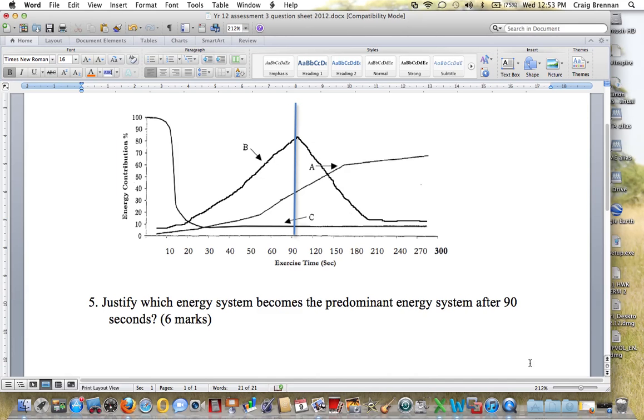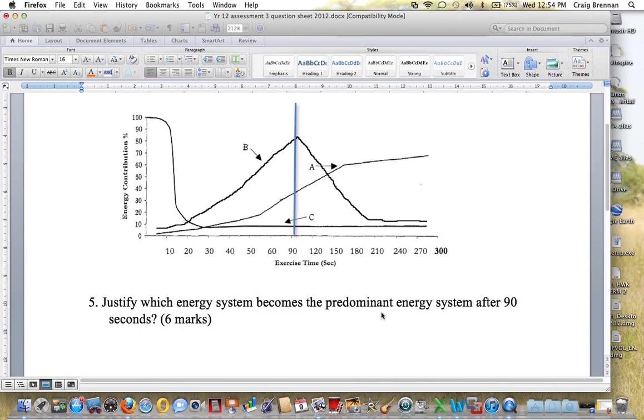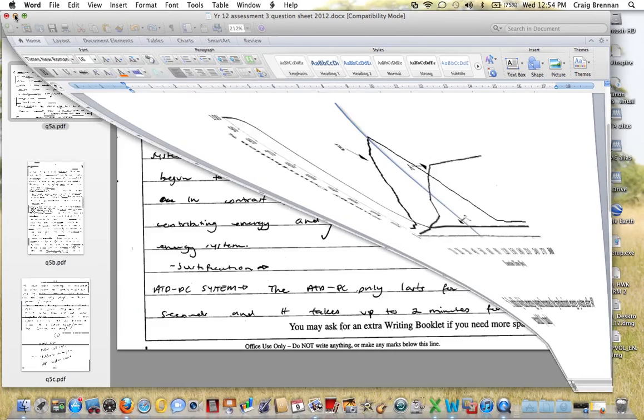So justify, we're going to have a look at justify. Support an argument or conclusion. So you need to support an argument to say why the aerobic system is the predominant energy system. If we go and look at our answer here,